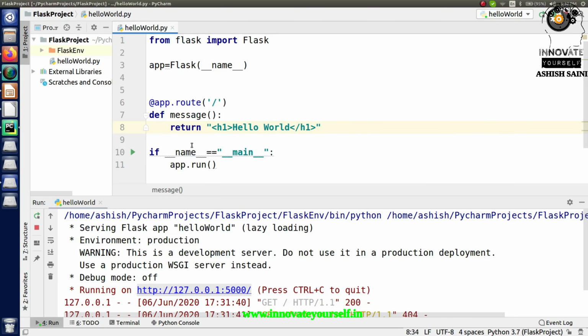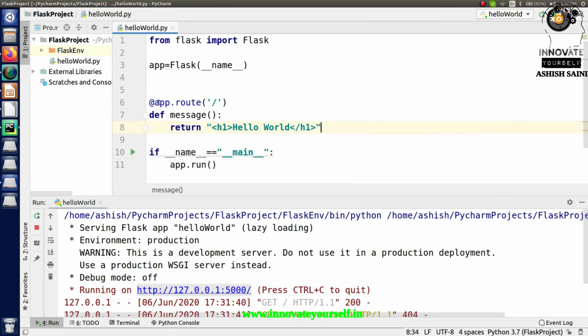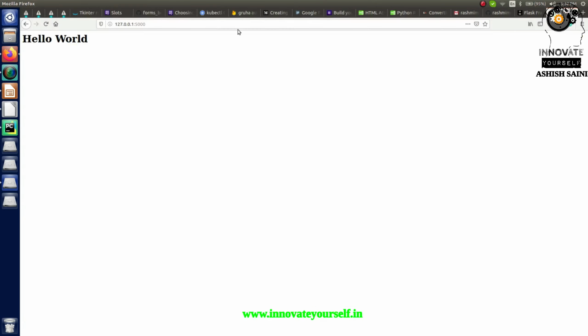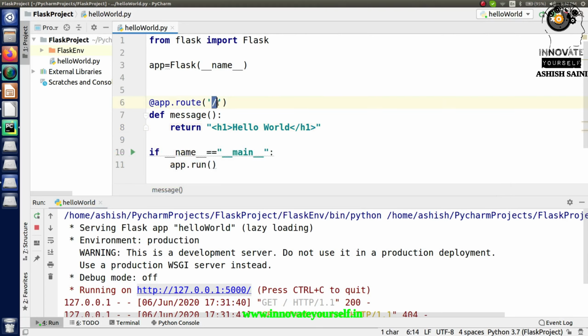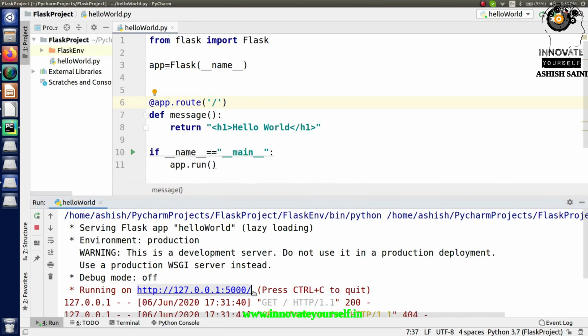For that, just go in here. Right now it is just showing you up to this point, just because I have written it as app.route('/'). This is how you are able to see it, because this slash means you want to display whatever you want to display as per this function on the main page. On the main page means on the URL which you are having over here. So simply you can treat it as the home page. This is how it works.